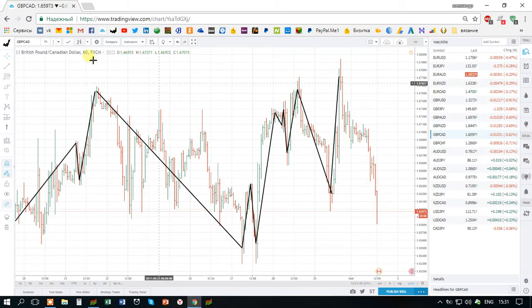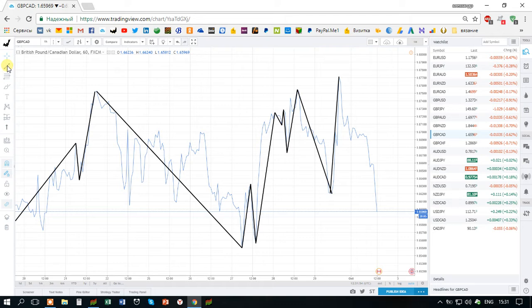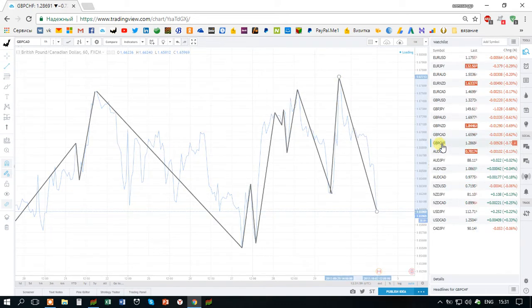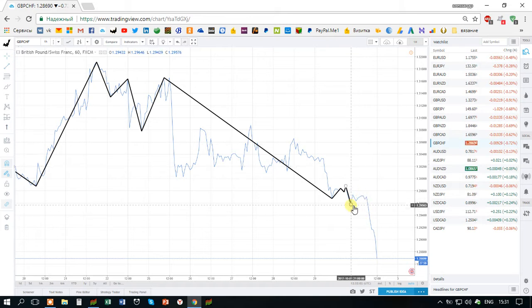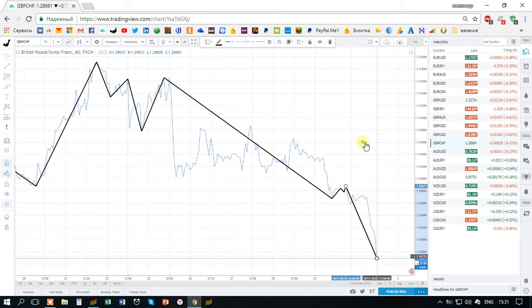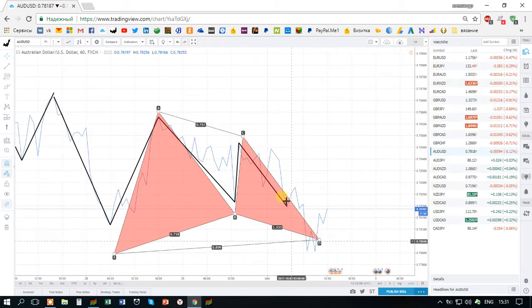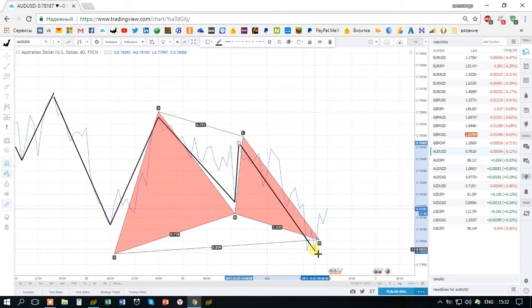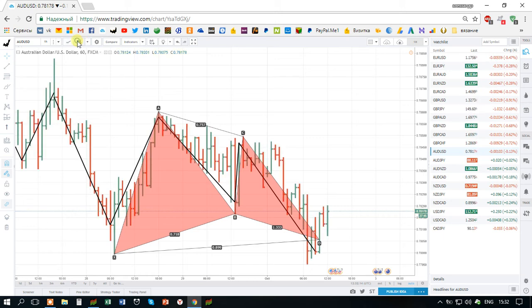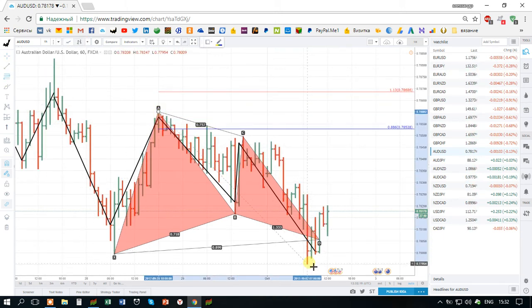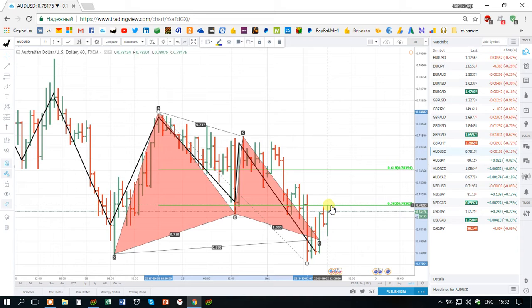Pound Canadian, let us see what happens there. We have a violation to the downside, but no pattern. Pound CHF, another movement to the downside, no pattern. Aussie dollar just triggered that pattern and it moves higher. Hopefully it will hit the targets. It may hit the targets. From here to here, 382 and 618 are the target levels, and it seems to me it already did hit